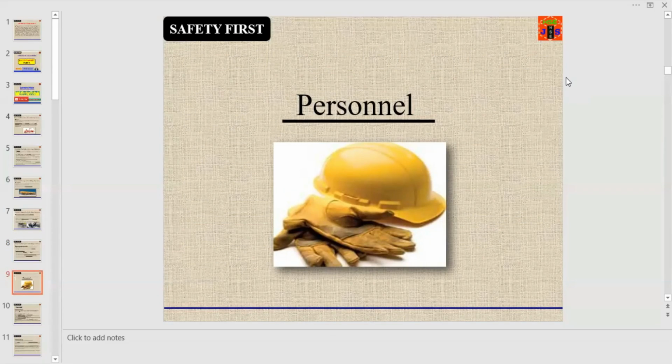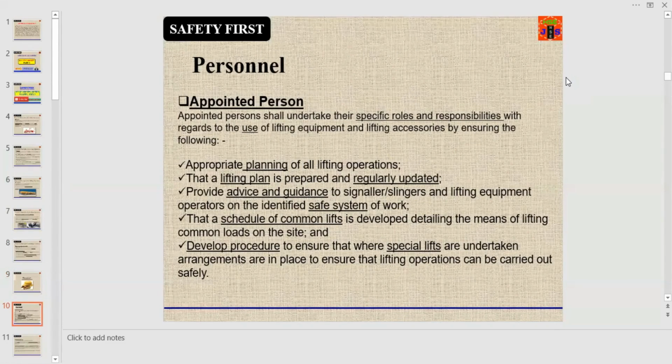Now, we are going to discuss the lifting team, those involved directly in the lifting operation. The most important person in the lifting team is the lifting appointed person. Appointed persons shall undertake their specific roles and responsibilities with regards to the use of lifting equipment and lifting accessories by ensuring the following: